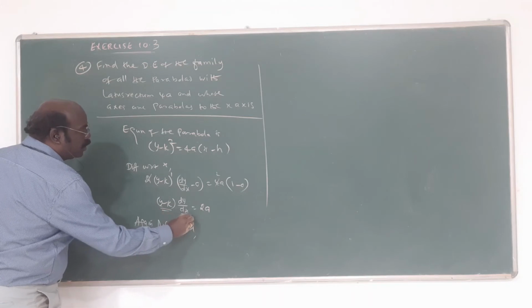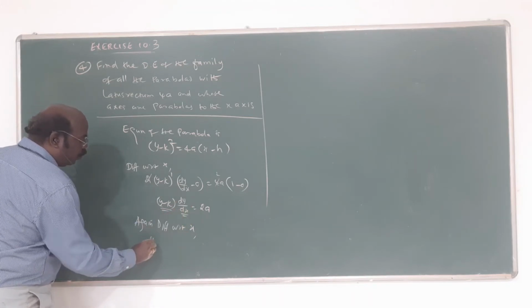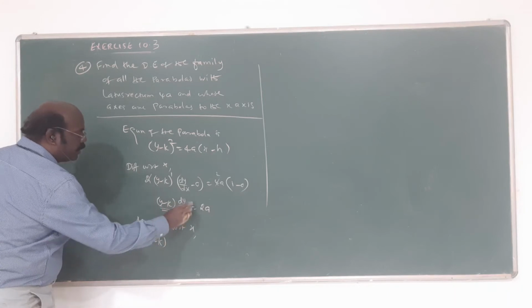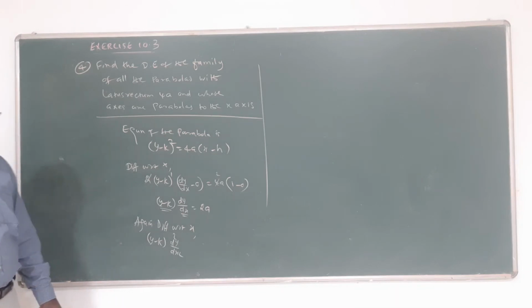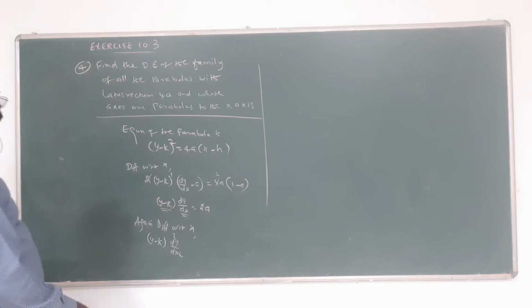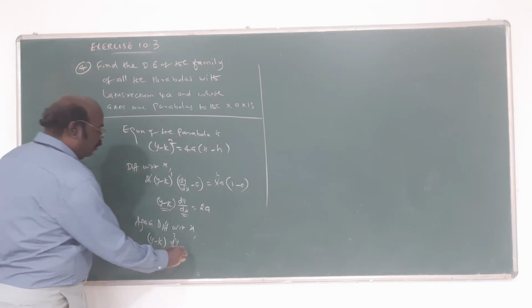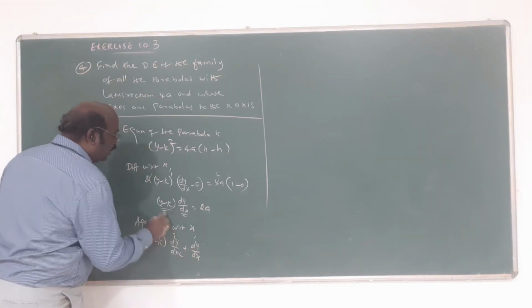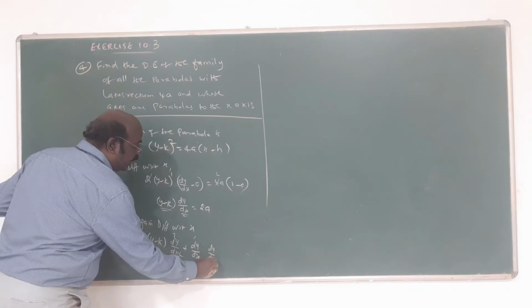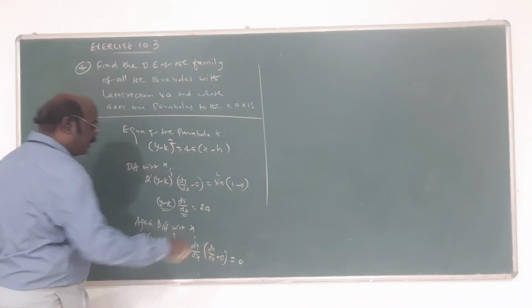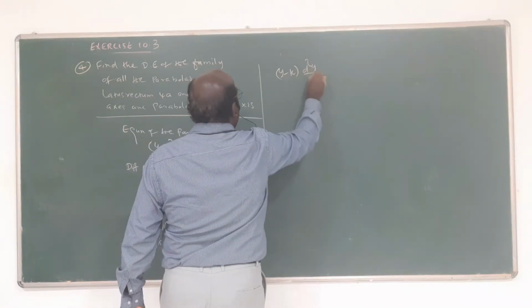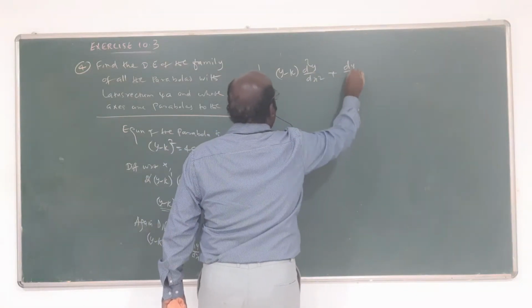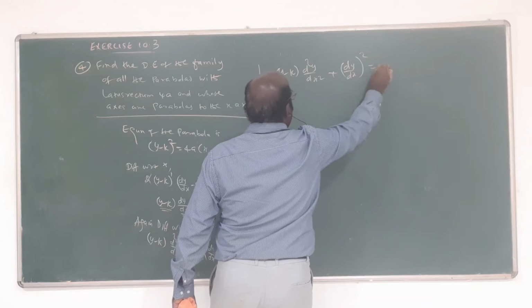Here y is there, here also y is there. The (y minus k) is fixed here. Differentiation of this is d square y by dx square. Plus, dy by dx is constant, and the difference of this is dy by dx; k is 0. Here also 0 will come because it's constant. Now multiply: (y minus k) into d square y by dx square plus (dy by dx) whole square equal to 0. Am I right?